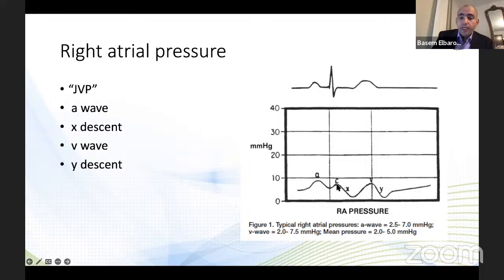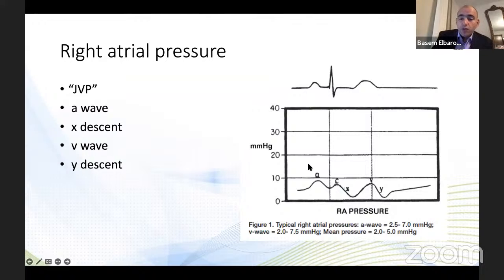And then atrial relaxation happens and the pressure drops, and that's the X descent. So the X descent usually corresponds with just after the QRS and corresponds to the S1 on auscultation. And then during systole, blood is coming back into the right atrium, so pressure starts building up at the right atrium, causing a V wave. At the end of systole, the tricuspid valve opens up and blood goes into the right ventricle, causing a Y